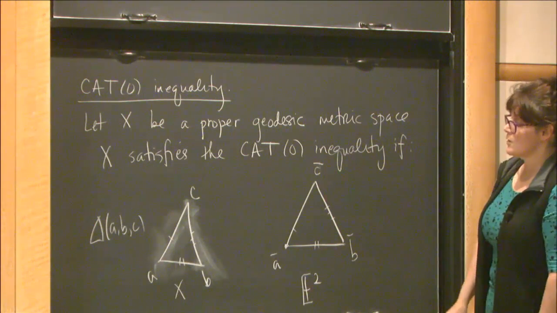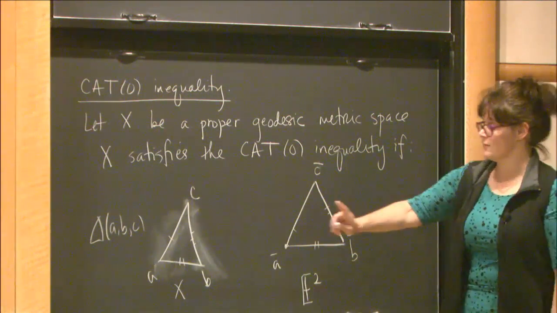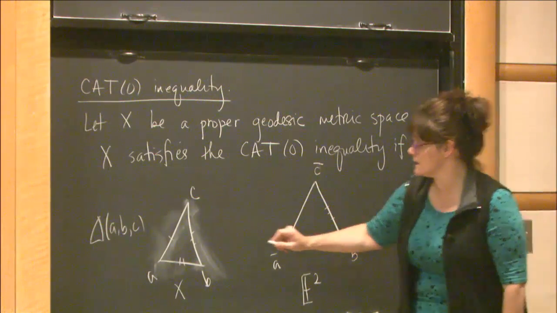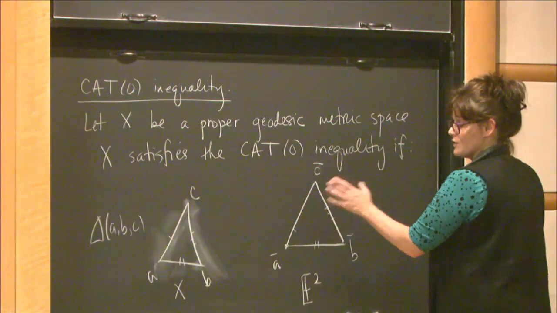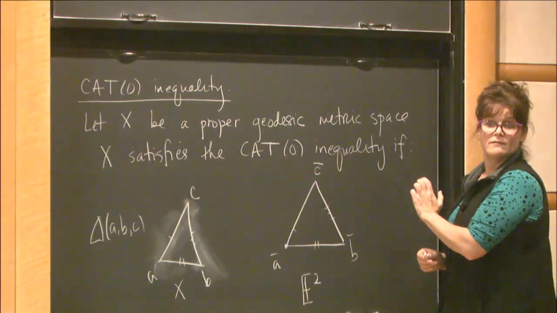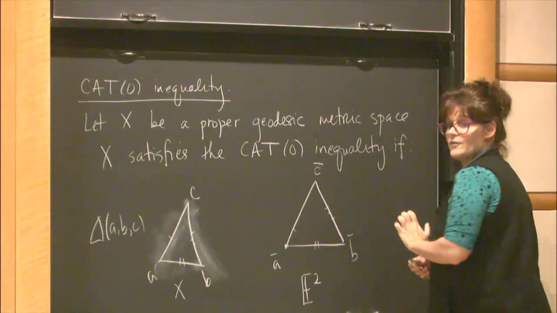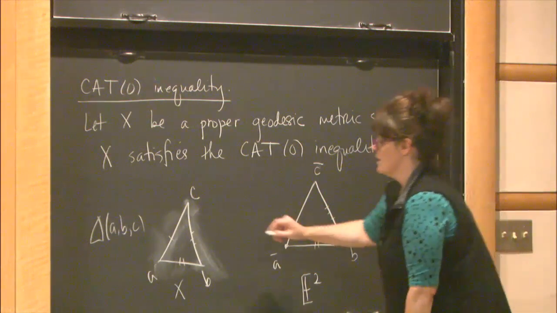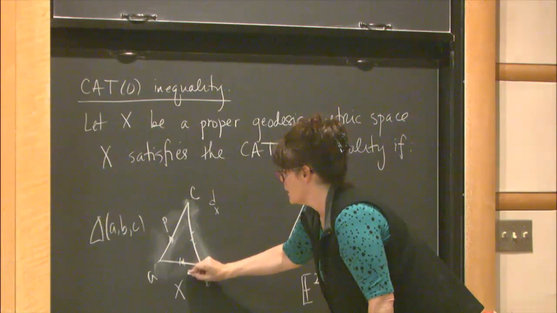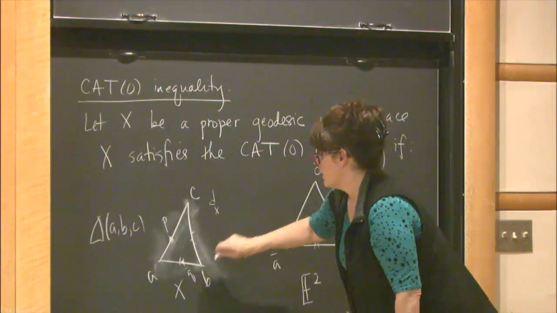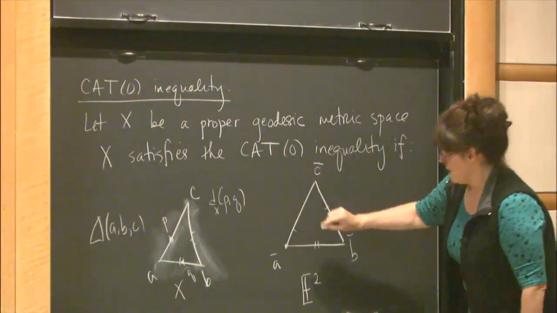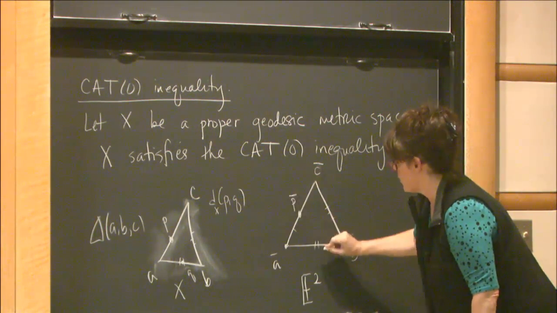And then the Cat Zero Inequality says that anytime I have one of these, I compare it to its counterpart over in Euclidean space, and then what I'm going to write down is an inequality that tells me this one is no fatter than this one. It's not any fatter than this one. Okay? So if I pick any pair of points, say a P here and a Q here, so no bar, the distance between any pair of points on two sides, and then I go over here and I draw the corresponding points over here,